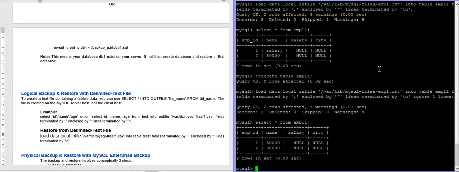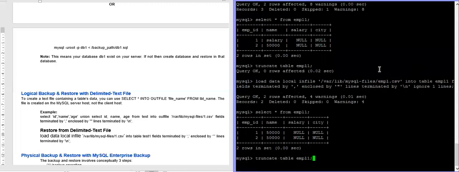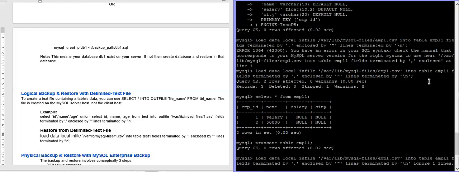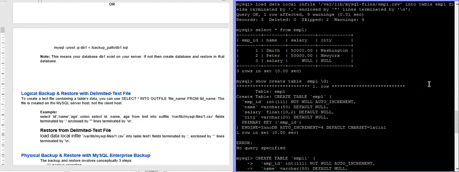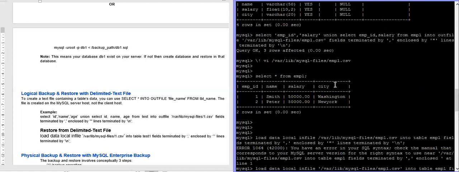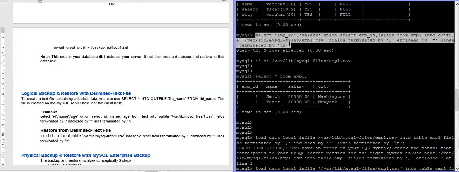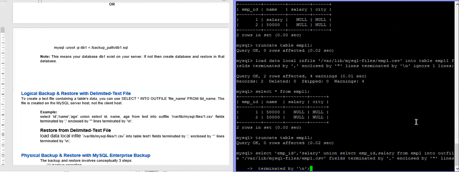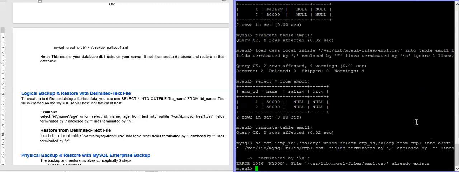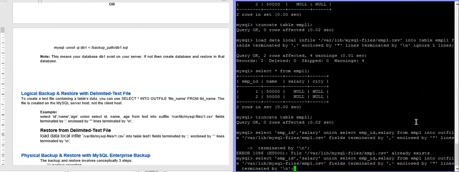You can try that. If we truncate it and generate a file with all the fields, let's do that. Let's take all the fields in the similar order.